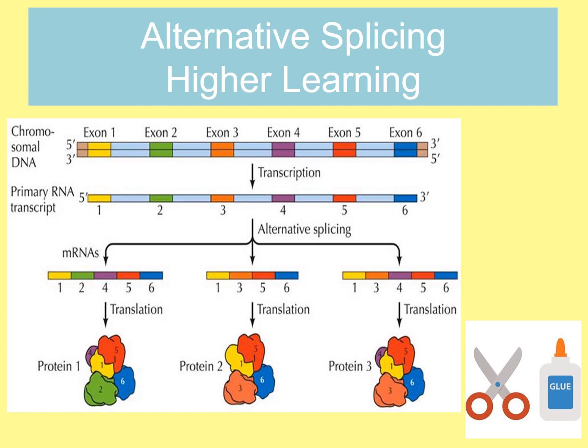But for protein 1, we see a splicing process taking place where all of the introns are spliced out, but we also see exon 3 being spliced out. So that results in a mature transcript of exons 1, 2, 4, 5 and 6. That will see the translation of a very particular protein based on the genetic language that 1, 2, 4, 5 and